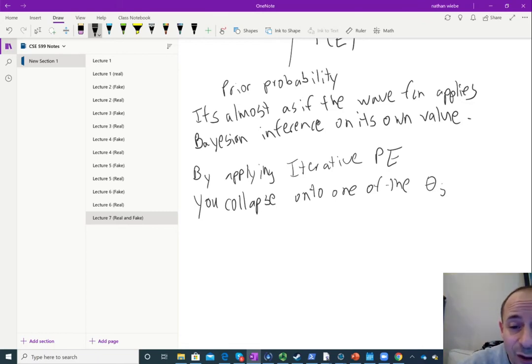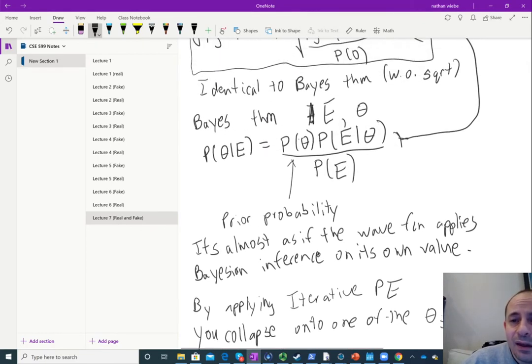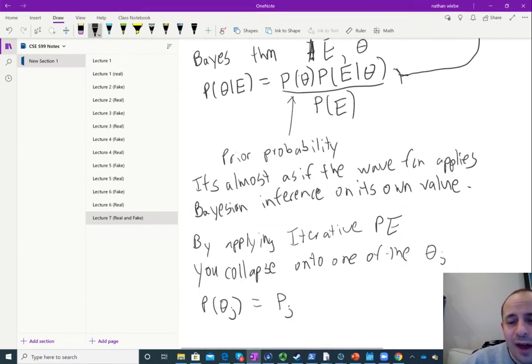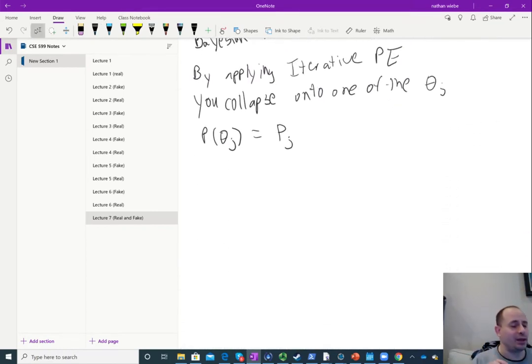And in fact, the probability of getting theta sub j in this is just equal to Pj. So, depending on the initial prior probability, or the support of that particular eigenvalue, that'll determine the probability that iterative phase estimation ends up yielding the correct value. However,